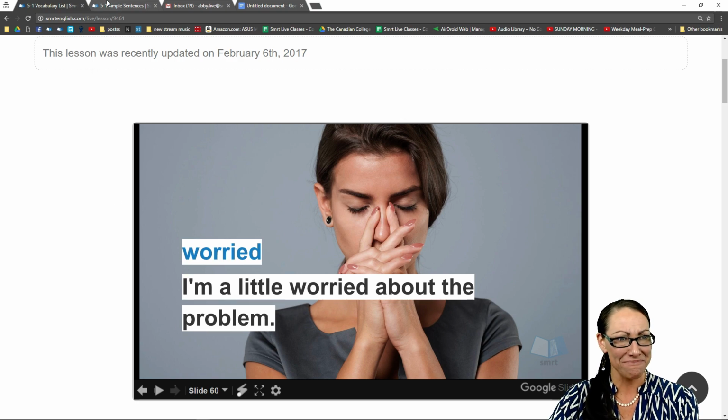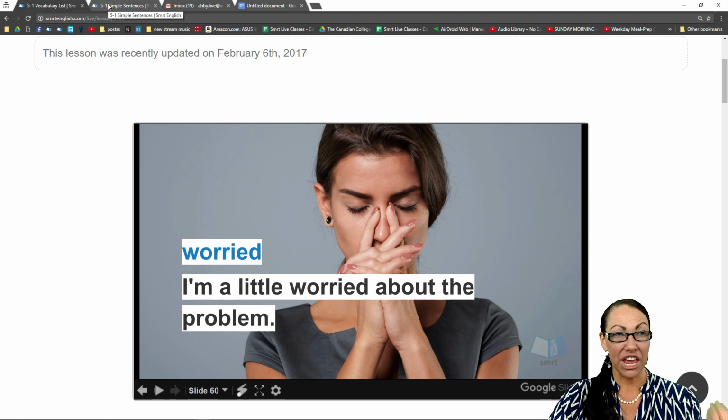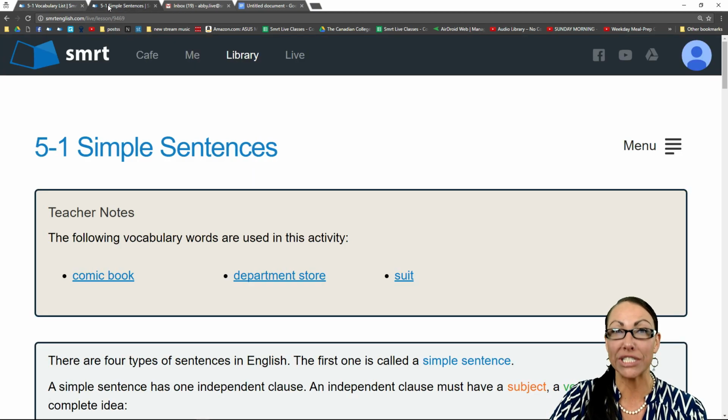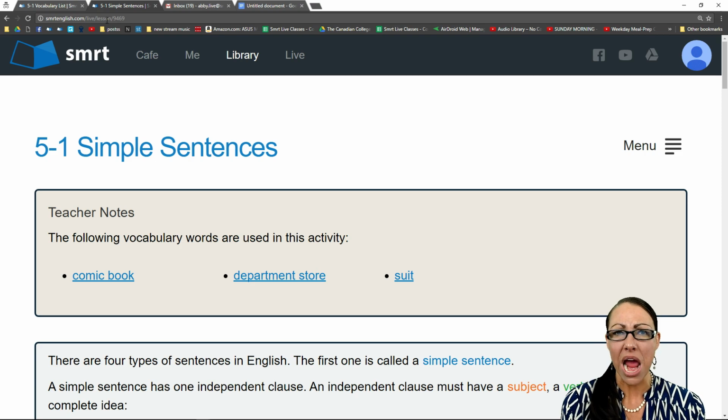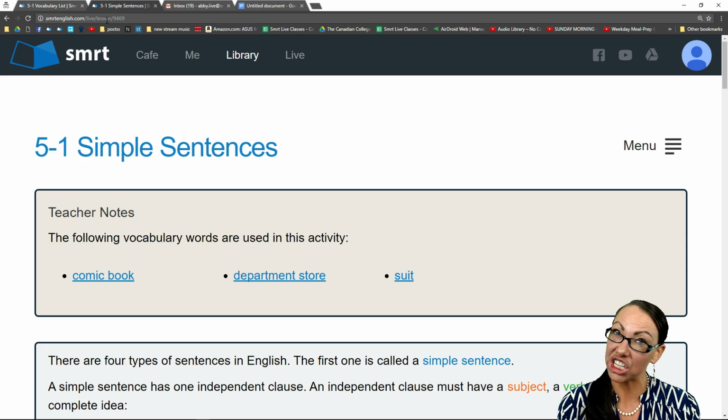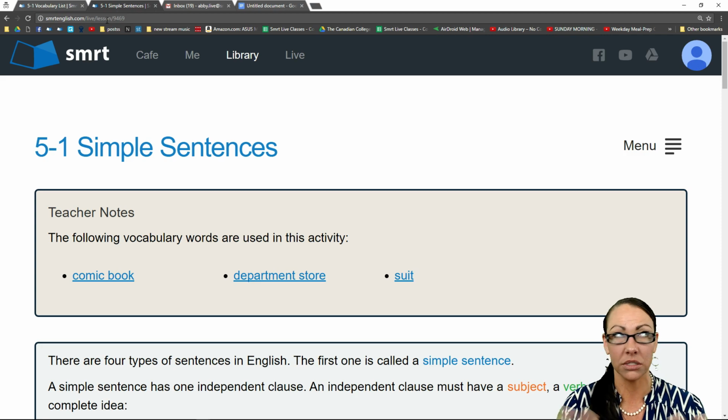And well done, everyone. So jumping in, making good use of our time, we are now going to simple sentences. So we will be using this vocabulary in our lesson, comic book, which as we know is less of a book and almost kind of like a magazine. Comic books are usually paperback and they are a book that tells a story but in pictures. So Marvel comics, some of the most famous comic book characters, of course, are Superman, Batman, Spider-Man, comic books.